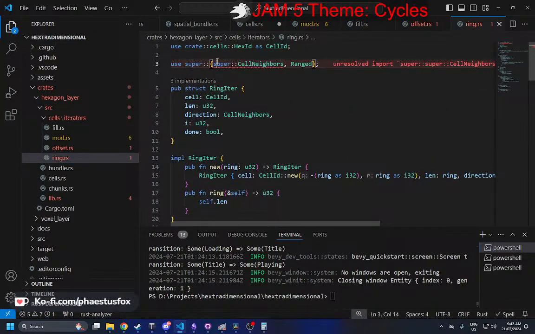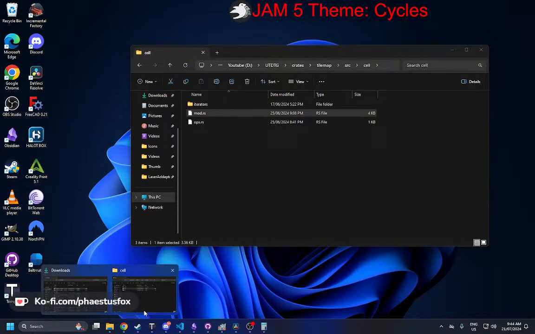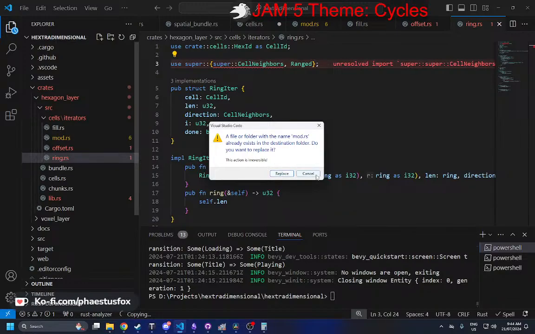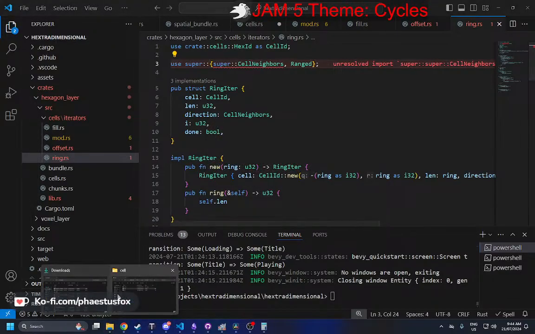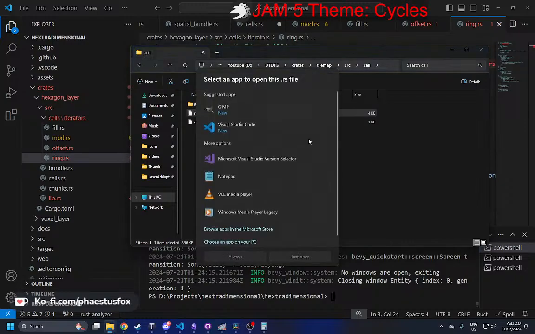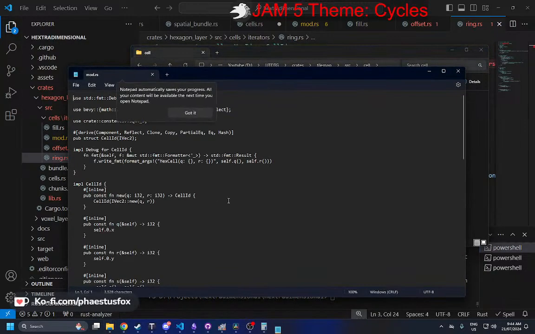It's in super cell neighbors. Which, if we look at that, super is so. Iterator and then in here, so I'm pretty sure it's this module. Just don't replace it, please. Oh god, that would have been bad. What does open with Notepad then? Just open it with Notepad. Somewhere in here is cell